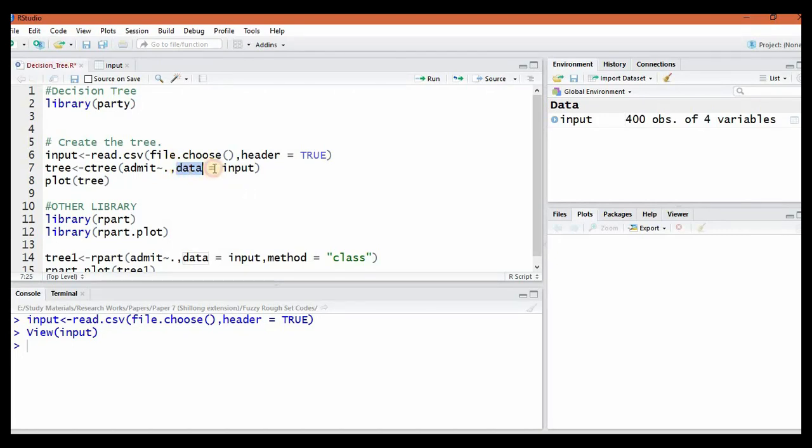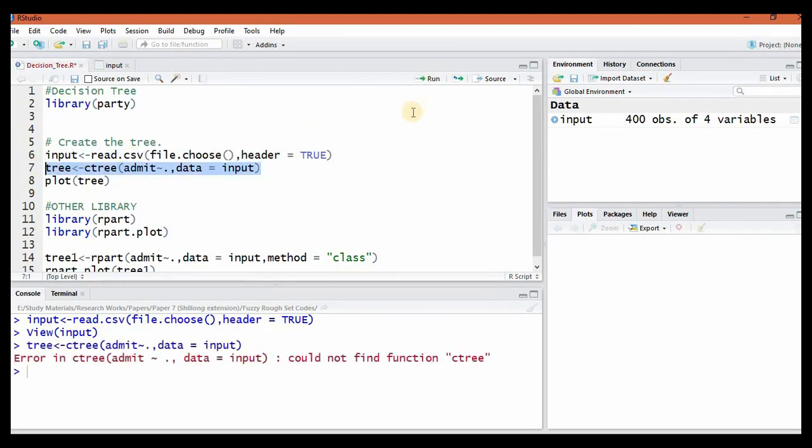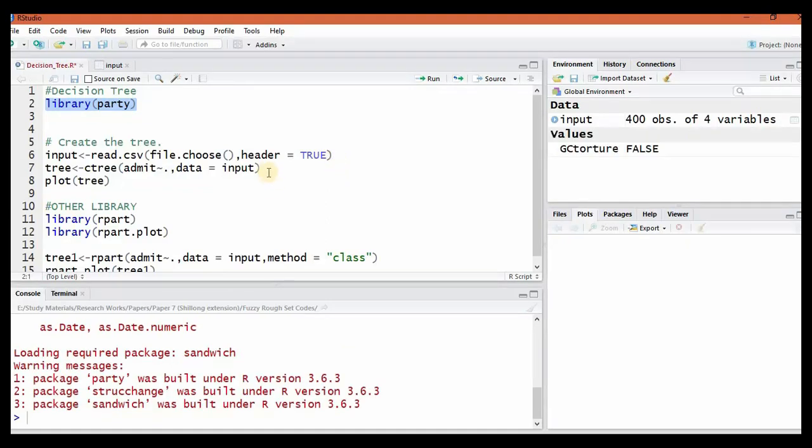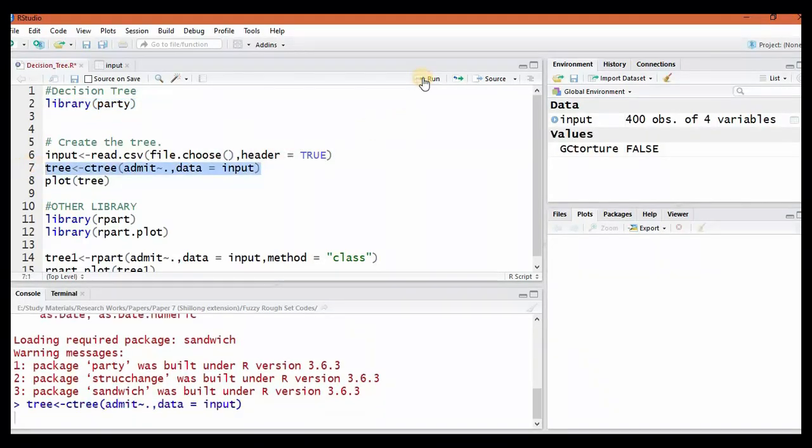The second argument is data, and it is the input. I have named the data as input. Now I will run this line. I have to import this library first, library party, and then I can run this line. After it runs, a tree, which is a formal class binary tree, has been built.